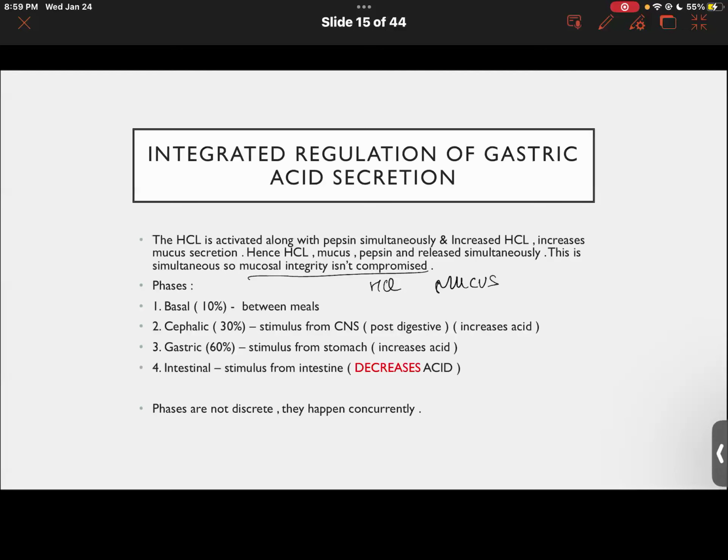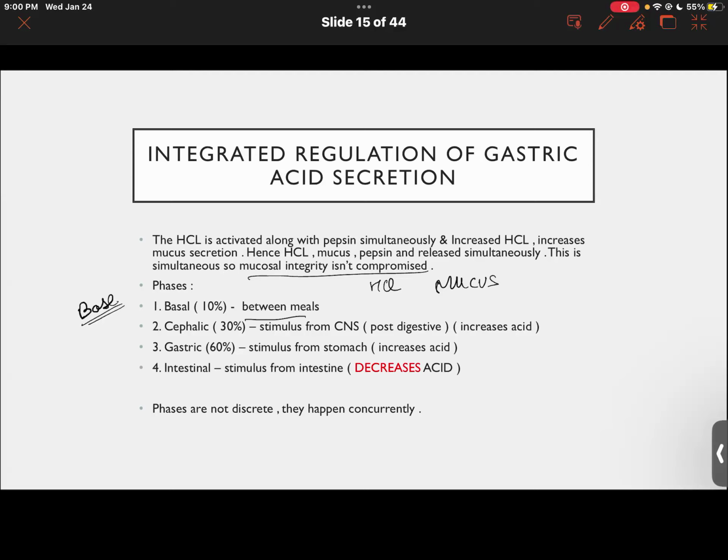And now we have the phases. So there's 4 phases. We have the basal phase, which is the base. This is the base, and it's always around this much. So this happens between meals when we don't really need any acid. Because why would we need acid between meals? There's nothing in the stomach. Then we have the cephalic phase, which is